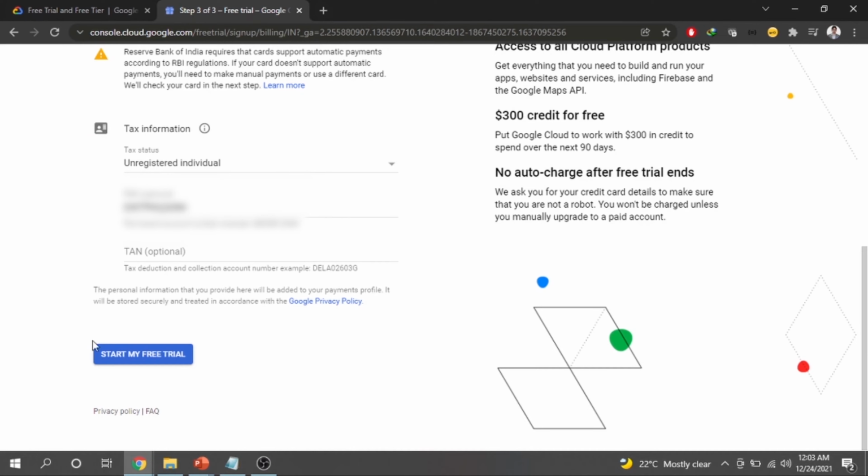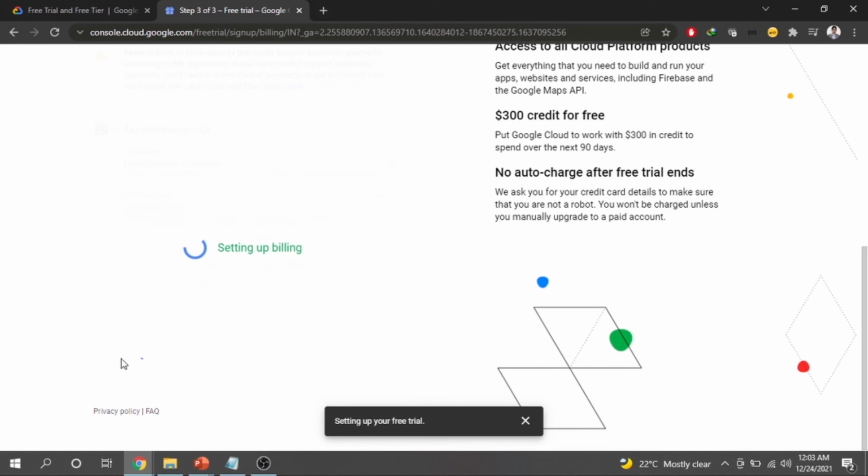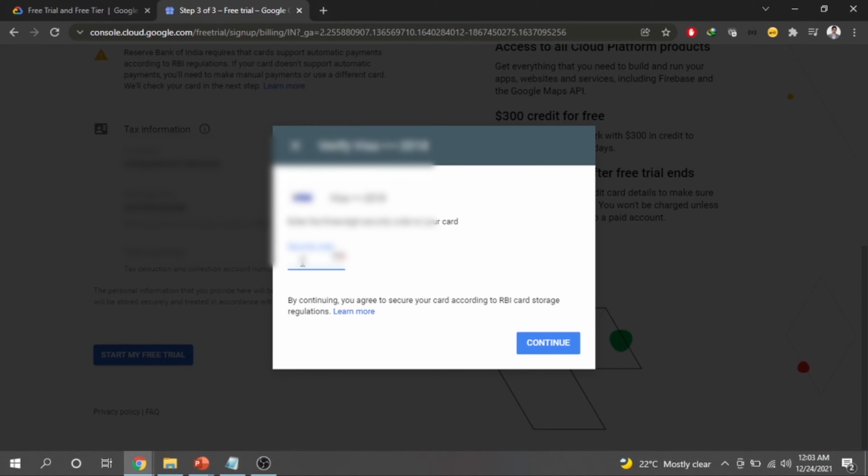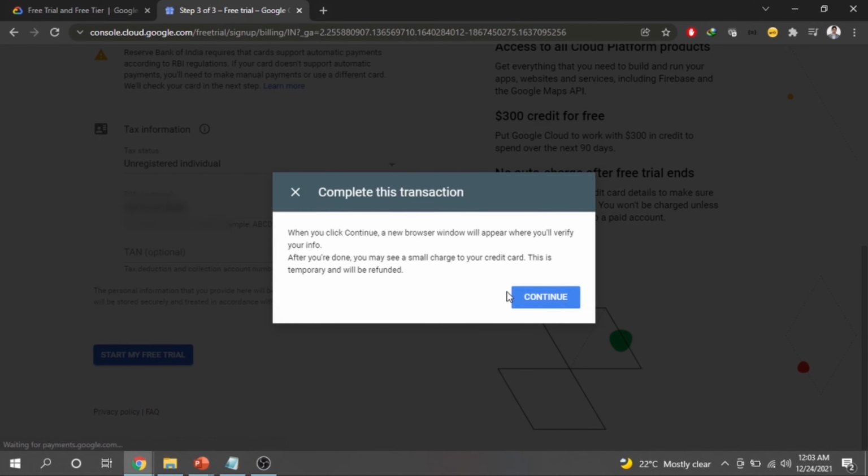And after entering all your details, you have to click on start my free trial. Then you have to enter your 3-digit CVV number here and then continue. Then you will get this screen where it will say that your credit card will be charged and it will be refunded back again, and that's just for verification purpose. So click on continue